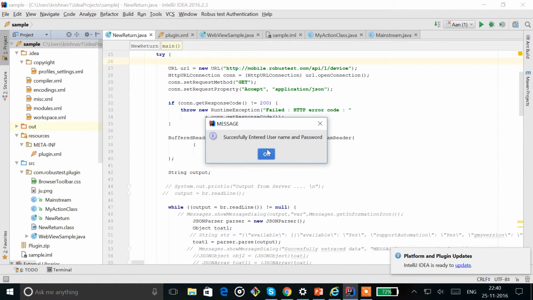Now the user has successfully entered his credentials and has gained access to the Robust Test server.